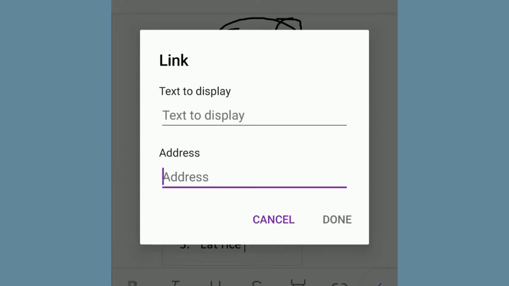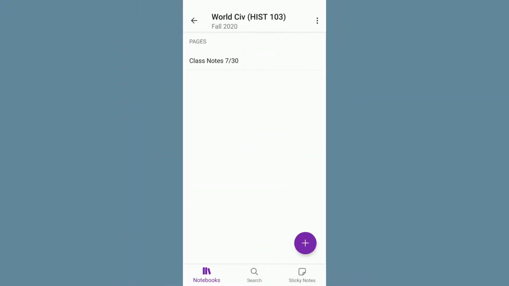So if I tap the hyperlink button, then I can put what I want the text to be that it shows for the link, and then I can type in the address for the website. So if I wanted to add a YouTube video here, or a website that was really helpful for me to help understand this topic, I could do that. Okay, so that's how you can edit your notes.